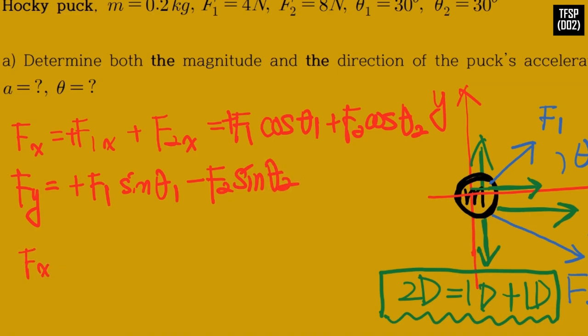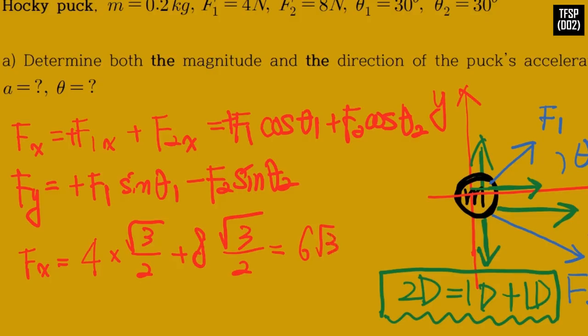Fx equals 4 times the square root of 3 over 2 positive 8 times the square root of 3 over 2 equals 6 square root of 3